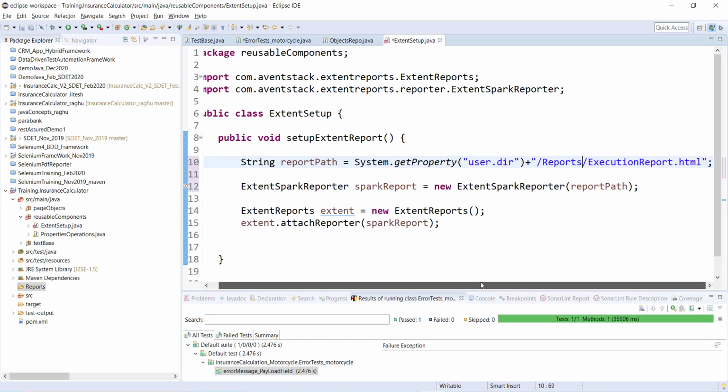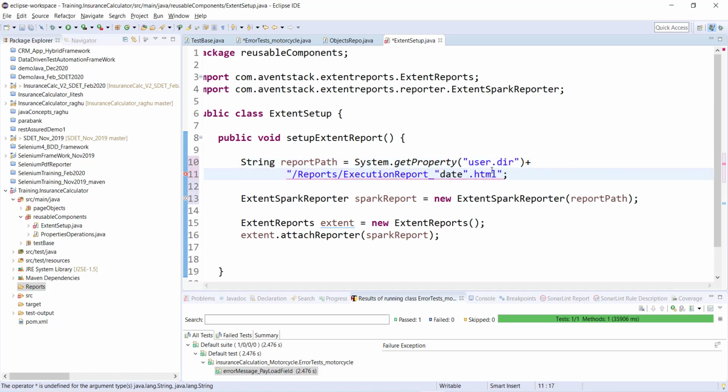Now if I want to keep my old reports, and I'm creating a new file every time with the same name, old reports will get overwritten. So I will put some date over here, underscore, and try to get the actual date. Now how to get the date over here? Let me put it something like this. I will forget this HTML for now, or let me do something like this.